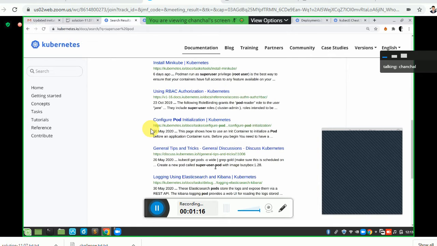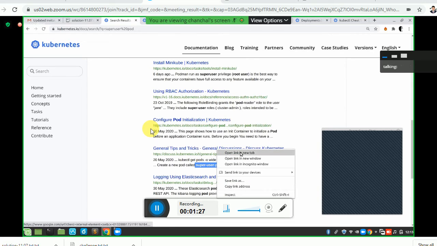Yes. Create a new pod called super user pod with this. Okay, so I can see that there is an example. Create a pod, general discussions. Okay. Let's find out what it is.